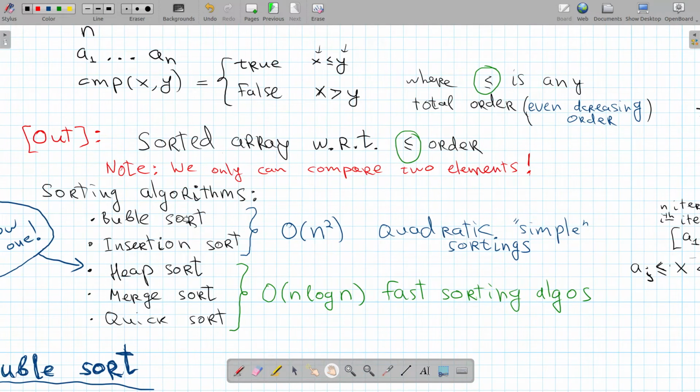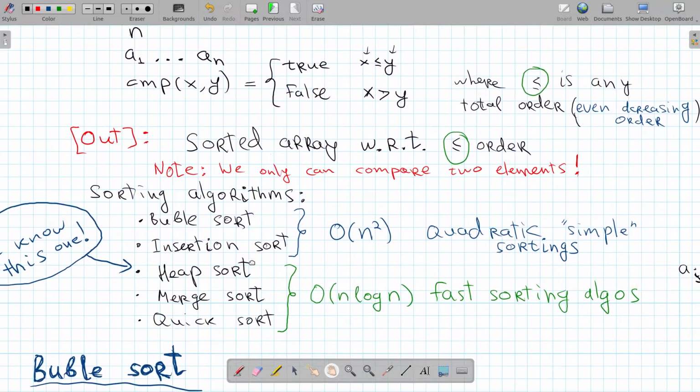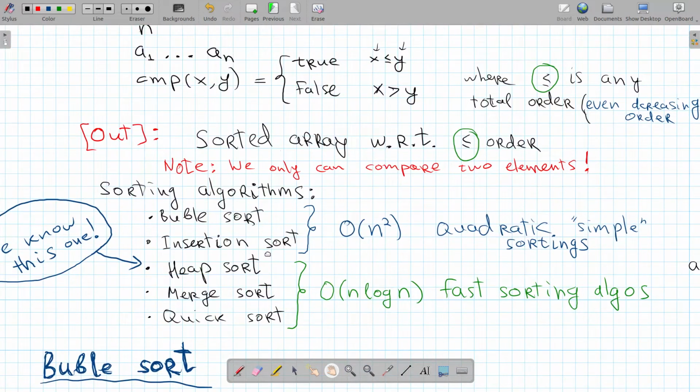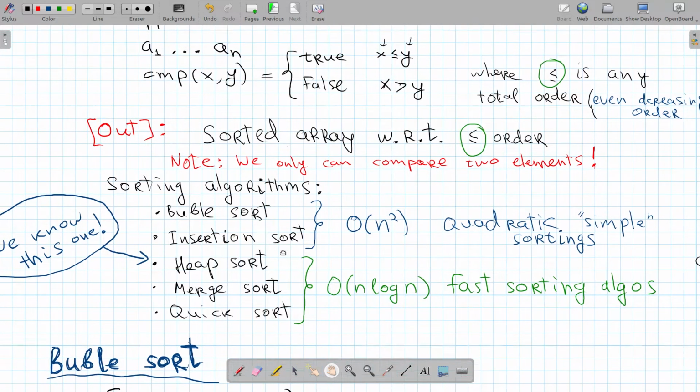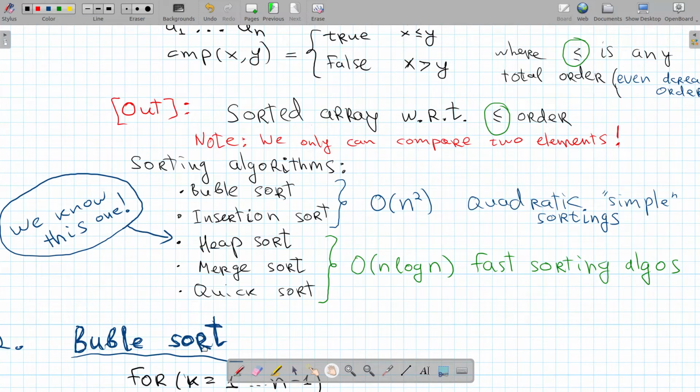Bubble sort is a bit less trivial, I would say. But still, this is big O of n square asymptotics. So what can we do better, actually? We can do big O of n log n operations,